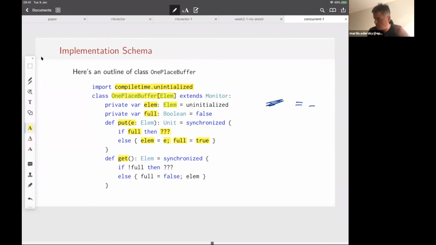So get is the dual of put. It says, well, if the buffer is not full, then it has to wait, triple question mark. And otherwise, if the buffer is full, then from now on, full will be false, and the element in the buffer will be returned, right? So that's the implementation, except for these two uses of the triple question mark. So we have to fill that in. So let's see what we can do there.